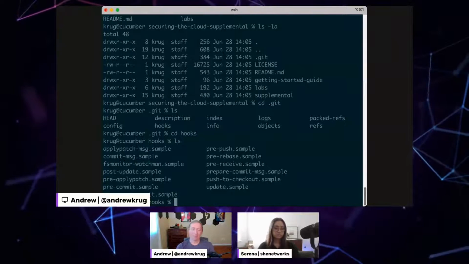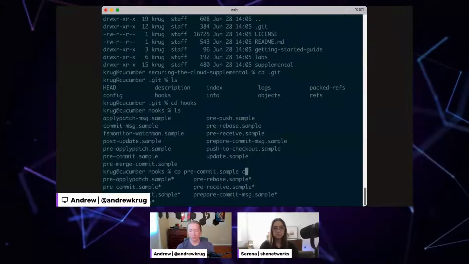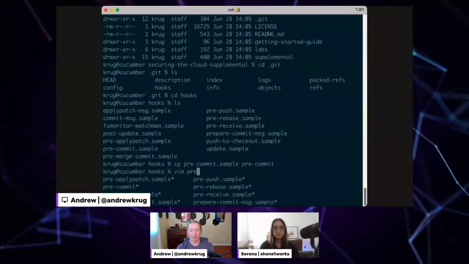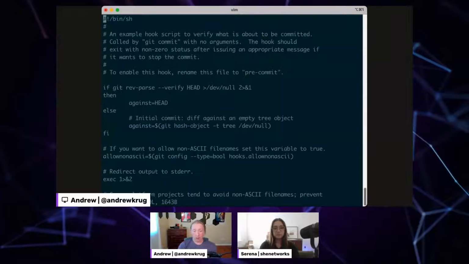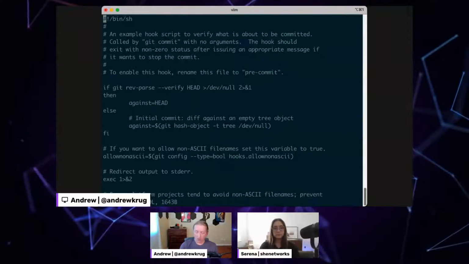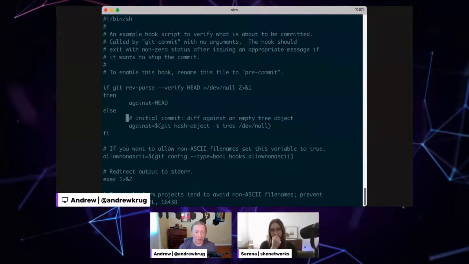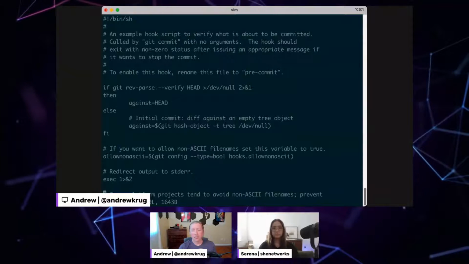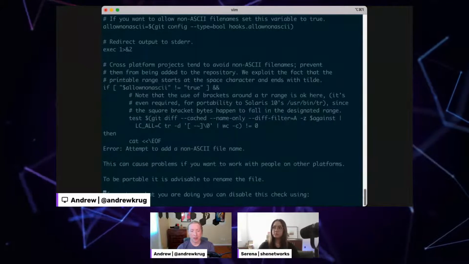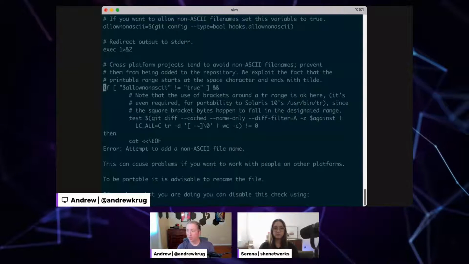So we're interested in a pre-commit. So if we copy this pre-commit.sample to pre-commit, and then we edit that, you see that there's a pretty nice template here that we can just use to kind of work stuff out. And even without really knowing how this works, we can kind of see where our code needs to go. So the sample here is checking for non-ASCII characters in the default pre-commit hook.